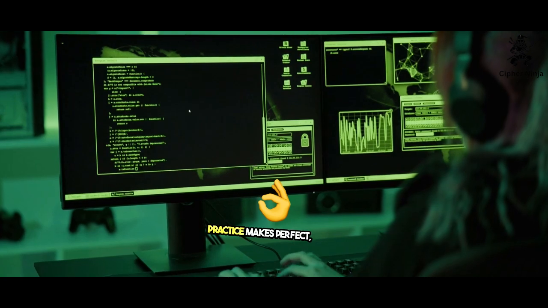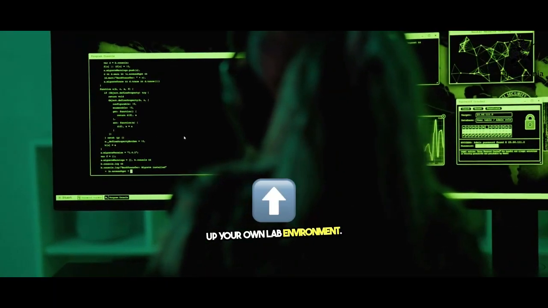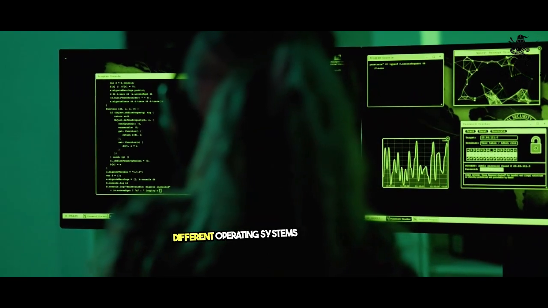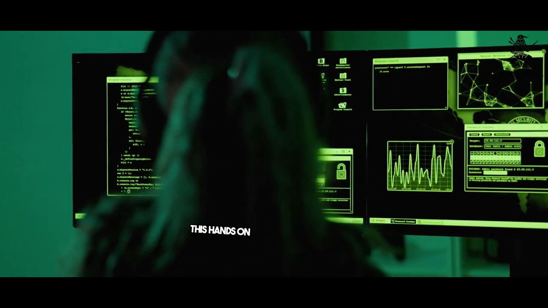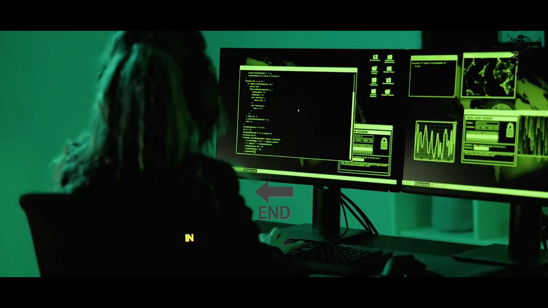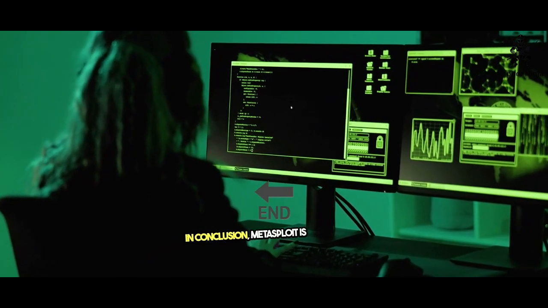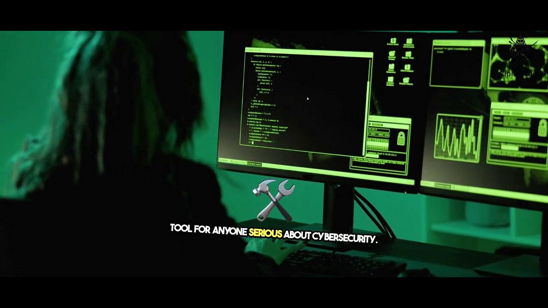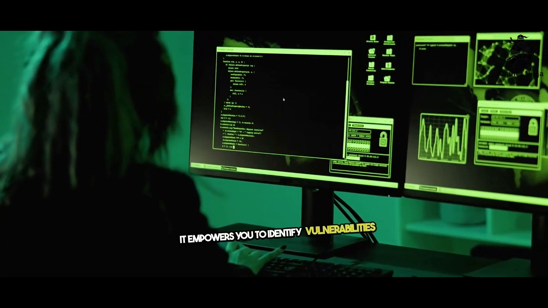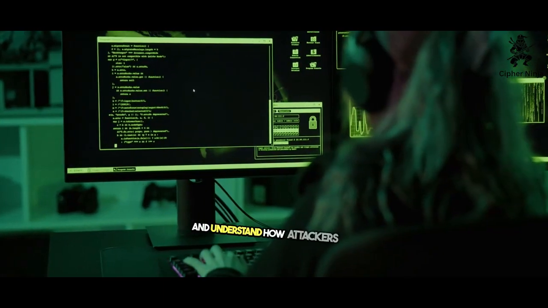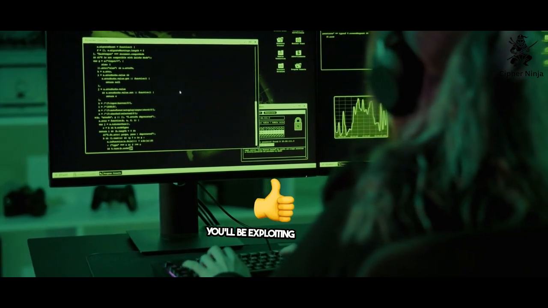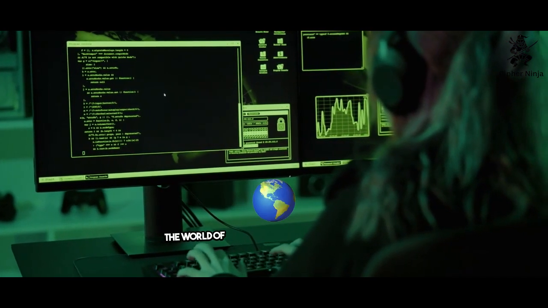Practice makes perfect, so set up your own lab environment. Use virtual machines to simulate different operating systems and applications. This hands-on experience is invaluable. In conclusion, Metasploit is an essential tool for anyone serious about cybersecurity. It empowers you to identify vulnerabilities and understand how attackers think. Embrace the learning curve, and soon you'll be exploiting like a pro. The world of ethical hacking